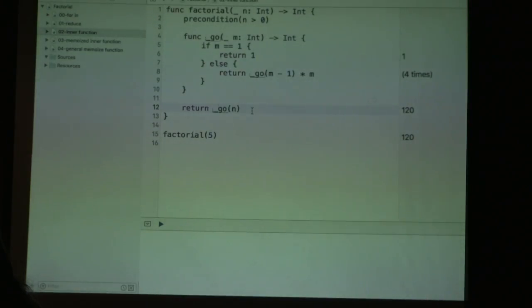All right. So now that I've done this, at first it does not seem like I've actually gained a lot in terms of